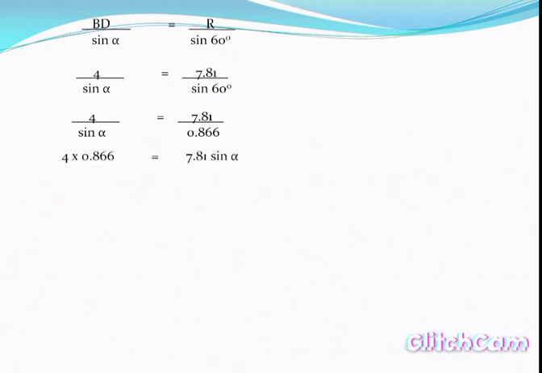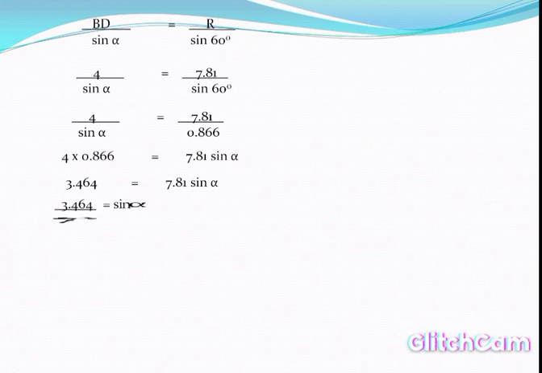So when we cross multiply, we have 4 times 0.866 equals 7.81 sine alpha. And 4 times 0.866 is equal to 3.464, which is equal to 7.81 sine alpha. So we are going to divide both sides by 7.81. So 3.464 divided by 7.81 equals sine alpha. On dividing 3.464 by 7.81, we get 0.4435. Now to get alpha,